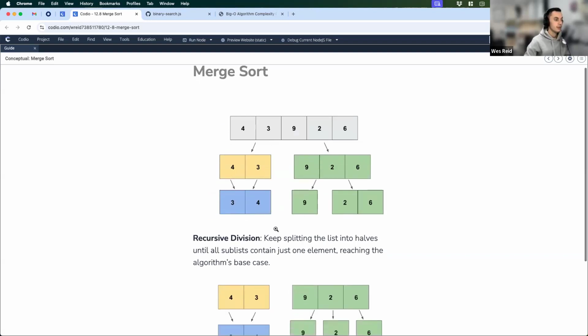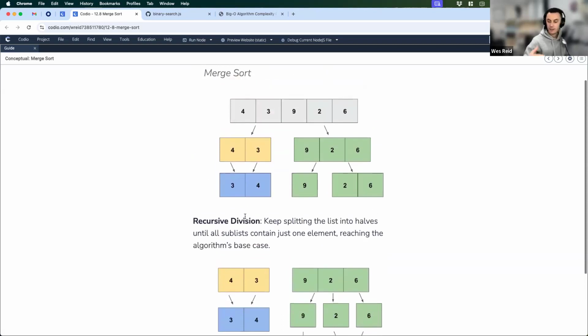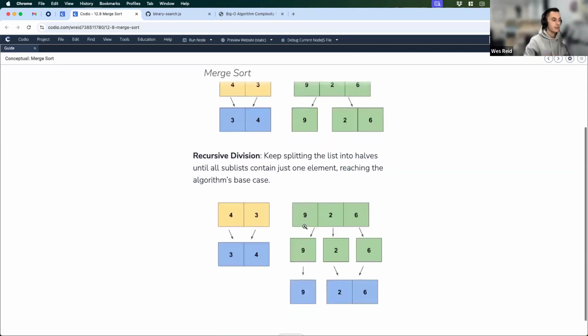Once those items are sorted, the function will return its base case, and they move back up to the next step. Once we hit our first pass through, we think about merging an individual item in an array with another individual item in an array. At that point, we'll need some sort of algorithm to decide which one's less than the other, place that in the right spot, and then add the next value. That process just continues